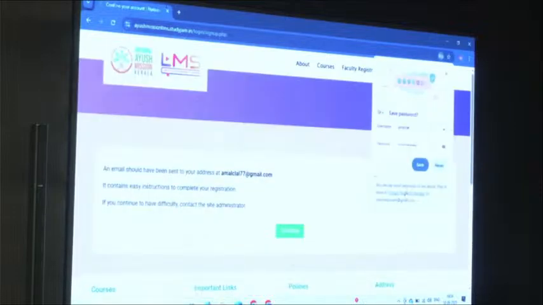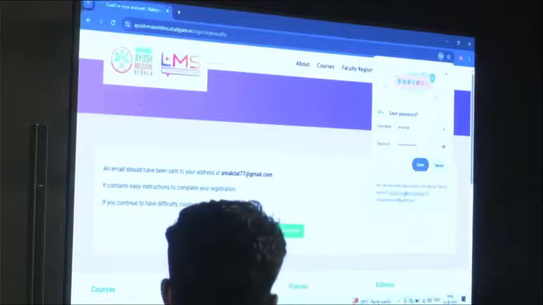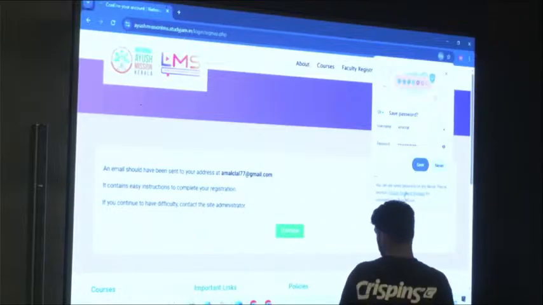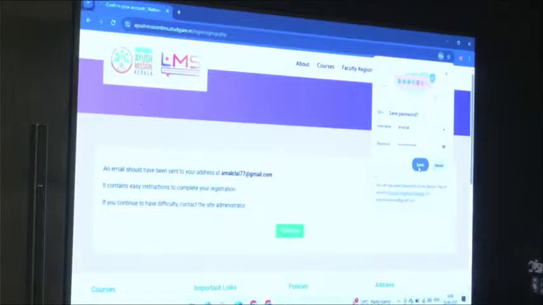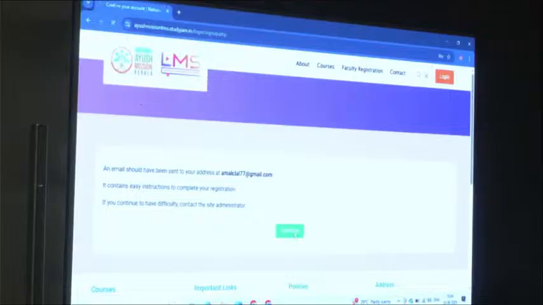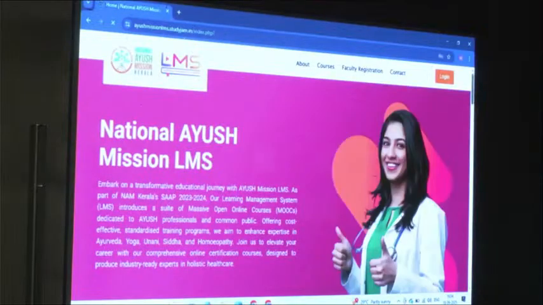So what happens is the user gets a notification into their mail that they have registered into this account. And with the user's mail address, we can get into the platform with the password and upload certificates like our degree certificates, and if needed a profile photo, so that these things can be verified from the admin end. So the verification process basically happens only at the end of the course.